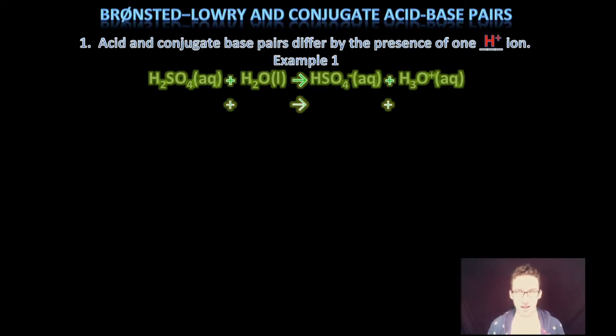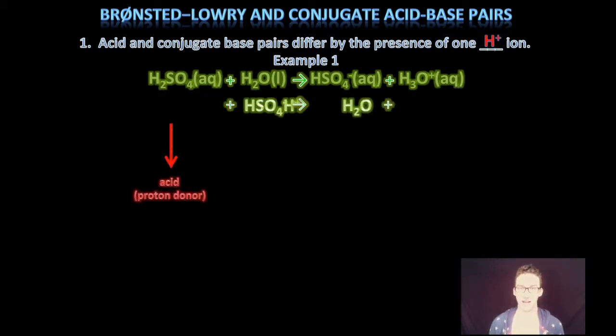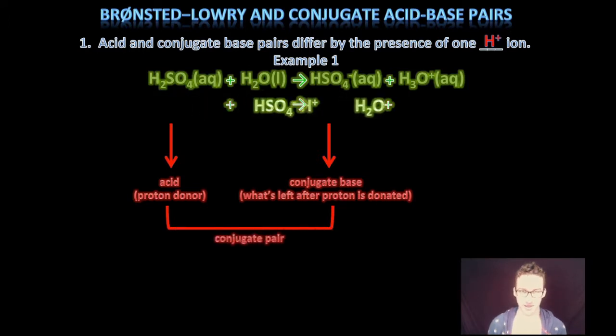And an acid-base conjugate pair is simply going to be a pair of things that differ by one hydrogen ion. So as you look at the first example in your notes, you've got sulfuric acid reacting with water to form the hydrogen sulfate and hydronium ion in solution. And as you look at this reaction and try to identify the first acid-base conjugate pair, let's start with the